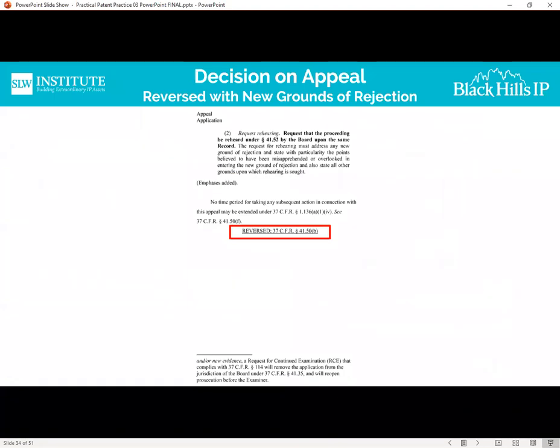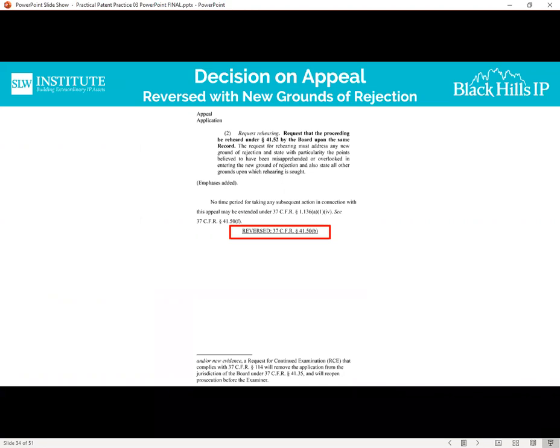And if you see here, if you would just see the conclusion, it says it's reversed. It's not telling you that new grounds of rejection are needed, yet it does mention in the documents you receive for this decision on appeal that you have 2 months to file a request for rehearing or reopen prosecution for this